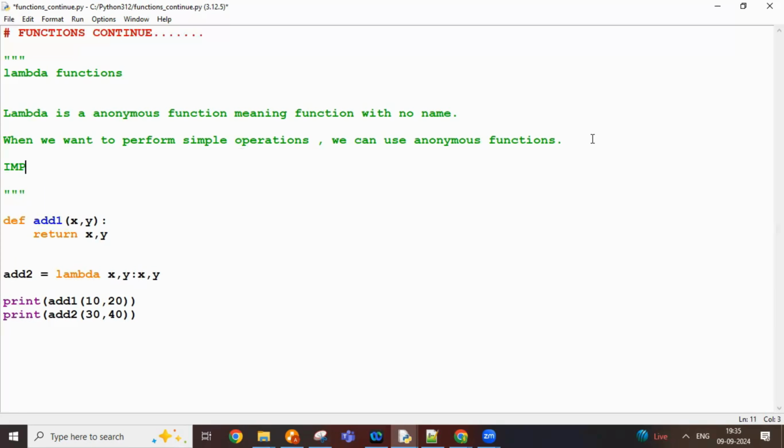Important note: a lambda function returns a single value. You got it? So that's where, when you want to perform a single value operation,